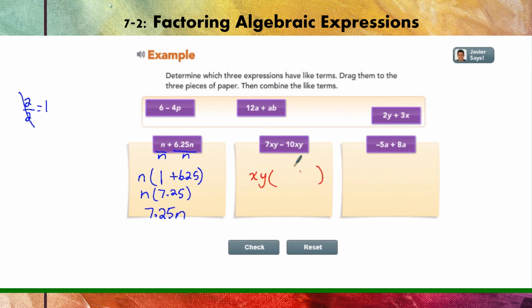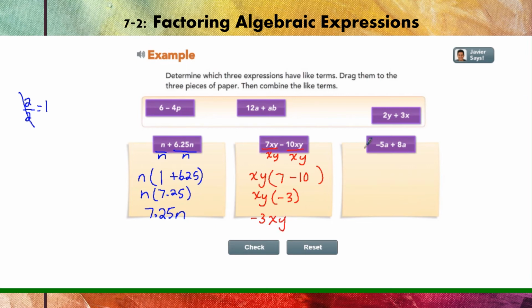To figure out what's left inside of the parentheses, you're going to divide each term by the greatest common factor. 7xy divided by xy is 7, and -10xy divided by xy is just -10. Now I'm going to combine what's in parentheses. 7 minus 10. Remember, this is subtracting integers. So 7 minus 10 is a -3. Now we're going to rewrite that. The final answer is